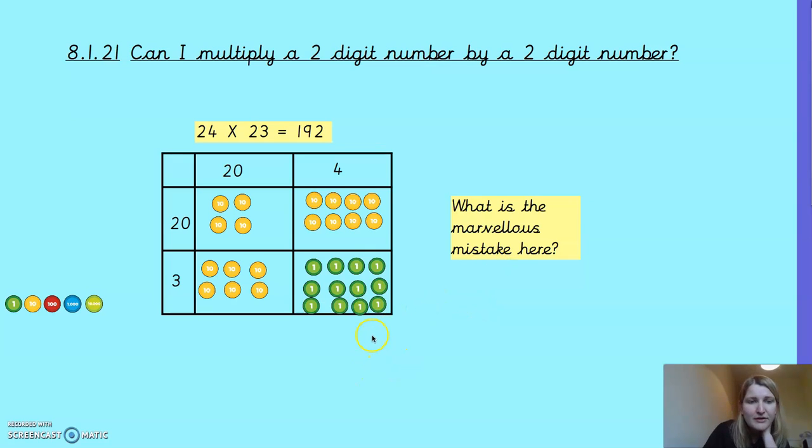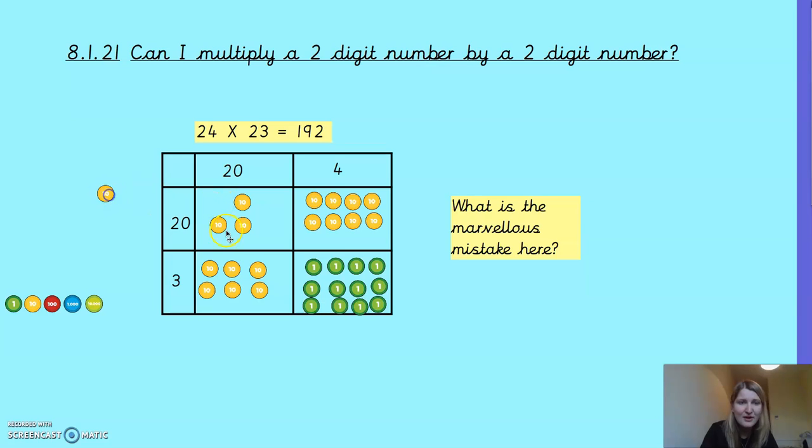So if we look here, 20 times 20 we've got in the top here. Well, 20 times 20, they've put the answer as 40. I've got 4 tens. Can that be correct? If 20 is 2 tens, then 20 lots of 20 can't be 4 tens, right? 20 times 2 is 40. 20 times 20, I'd have 2 times 2 is 4, add the 2 zeros, 100 times bigger, it's going to be